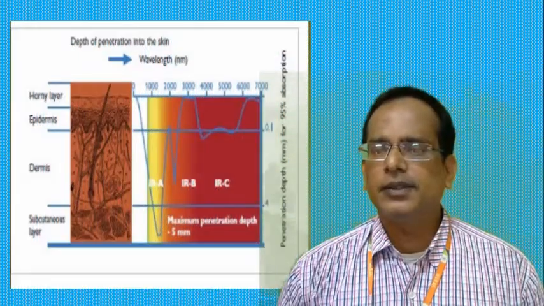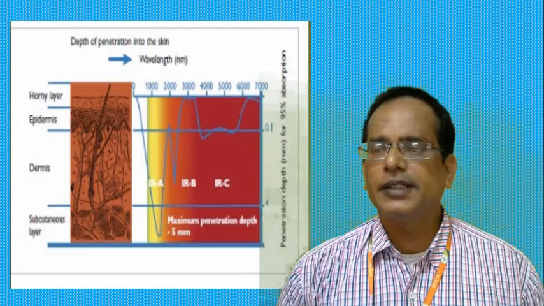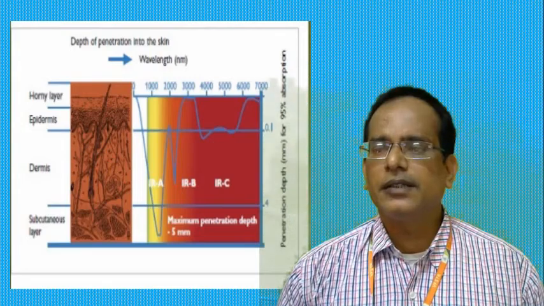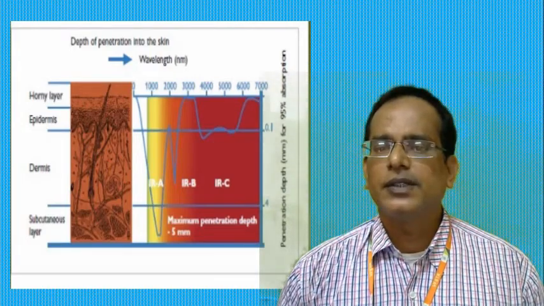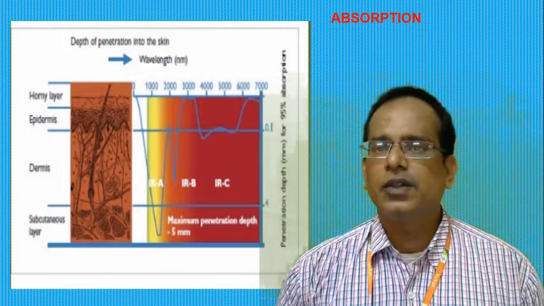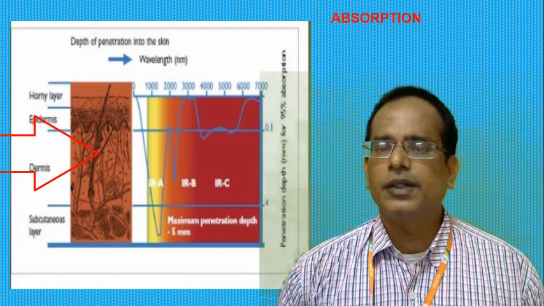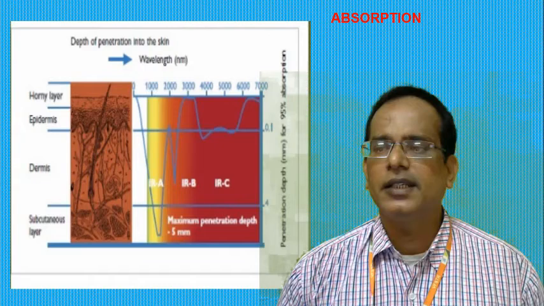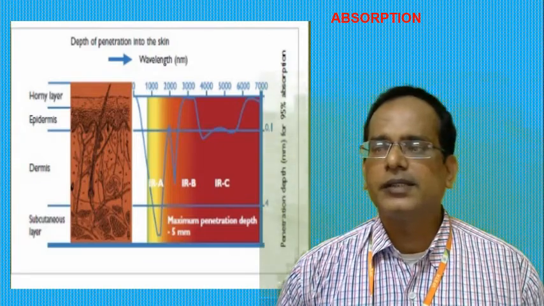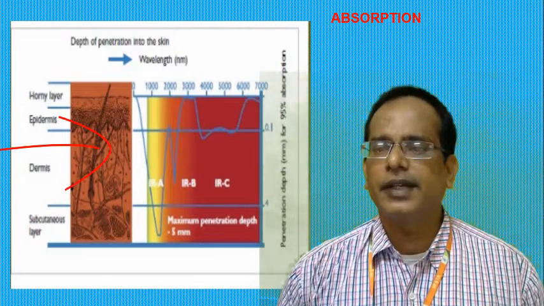Next we will discuss absorption and penetration, intensity, wavelength and frequency of these functions. First we will discuss absorption. Absorption of radiation in the human body is a very important one. Some radiation striking the surface of the skin will be reflected, and some will penetrate, some will be scattered, some will be refracted, and ultimately some of the rays are absorbed.